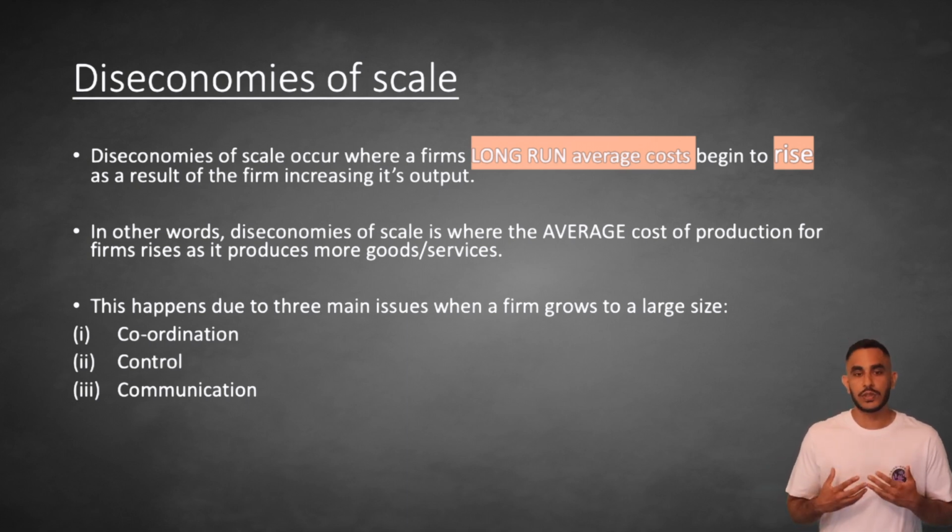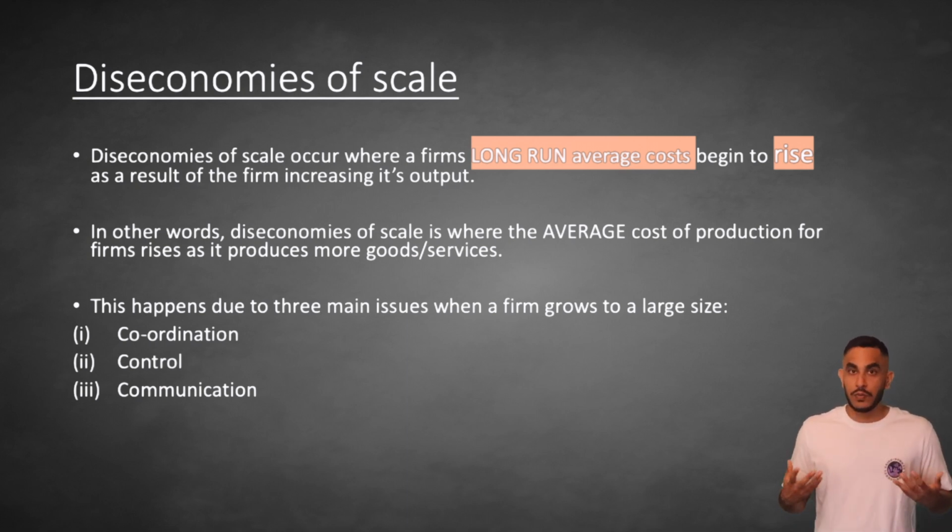Diseconomies of scale also occur due to issues related to control. In large firms, it is difficult to control resources as workers may be far removed from management and therefore lack productivity. For example, in a large school, some teachers may manage not to be productive as they know they are not accountable to any managers. And this means that they are being paid but not adding output to the school, and therefore the cost of